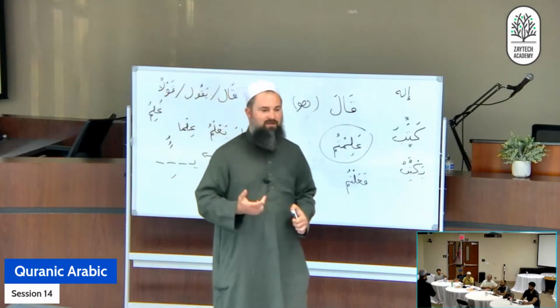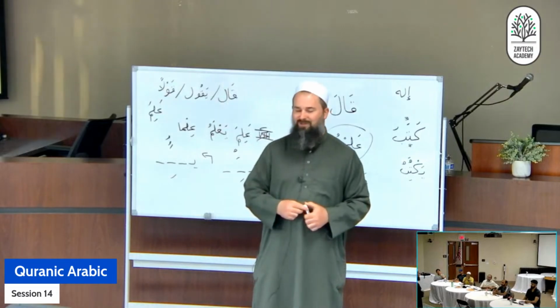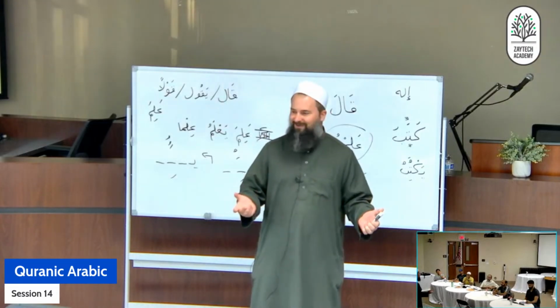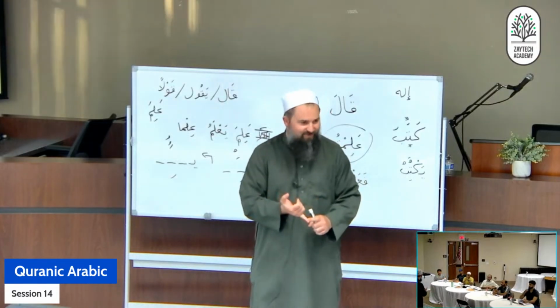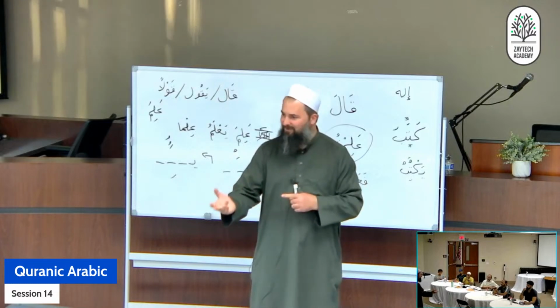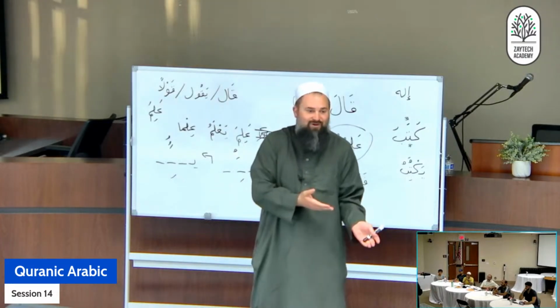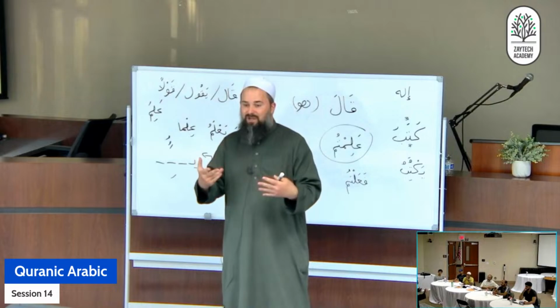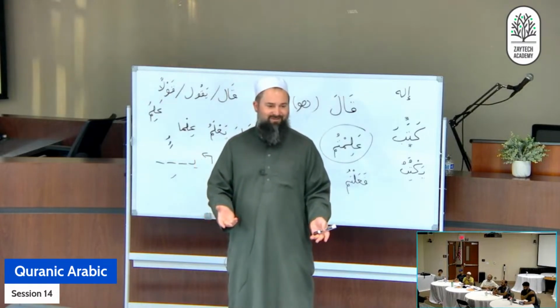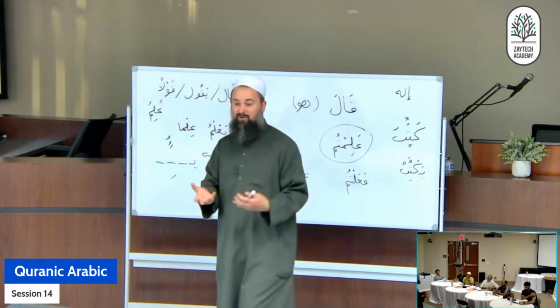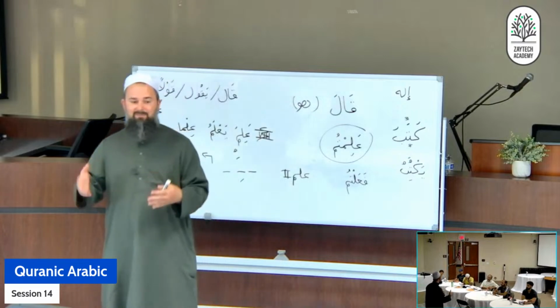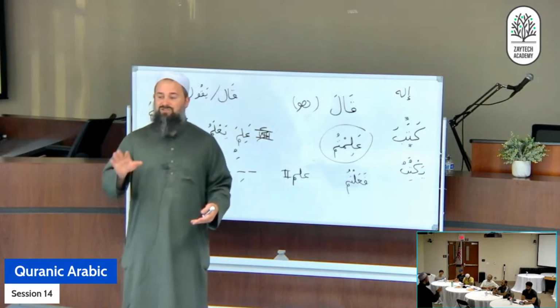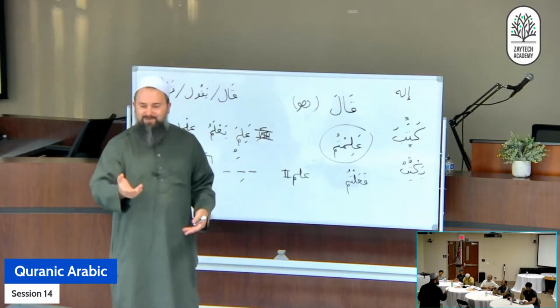Drug addicts, why do they die? They don't die because of overdose. They die because of diseases, because they don't look after their health. Health is not a priority for them. They start sharing needles. They get all these different things. They don't die because of the drugs. The drugs give them a lifestyle, which means I don't care about my health. And so that's the problem with our iman. We live a lifestyle where iman is not a big deal for us. Because at the end of the day, worst comes to worst, you go to hell for a bit.